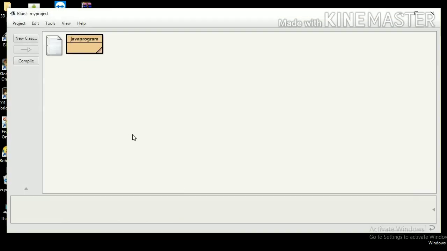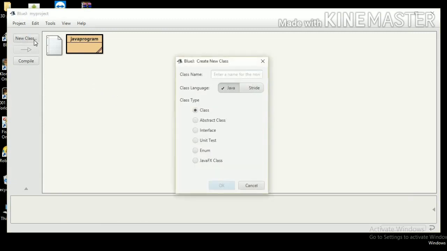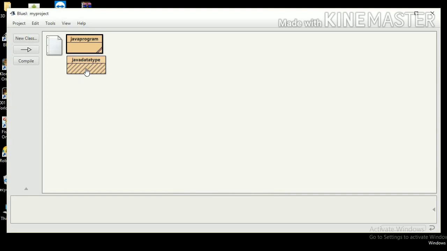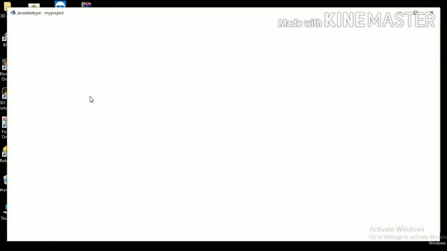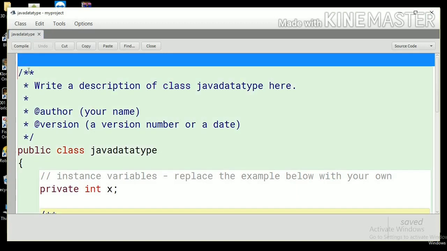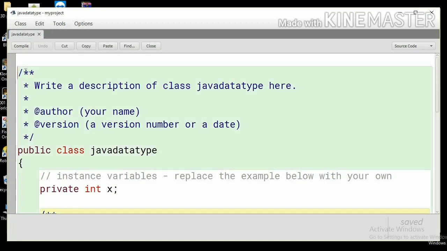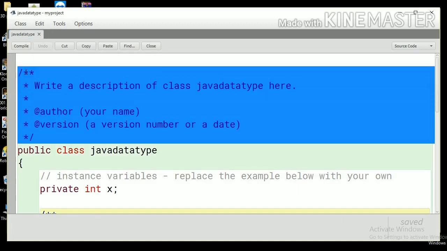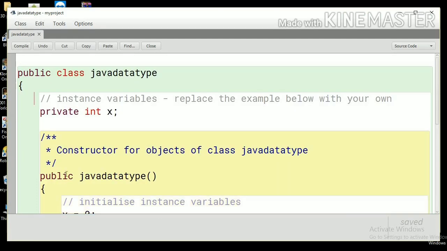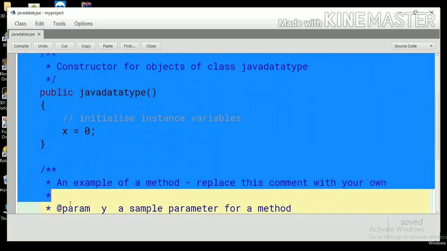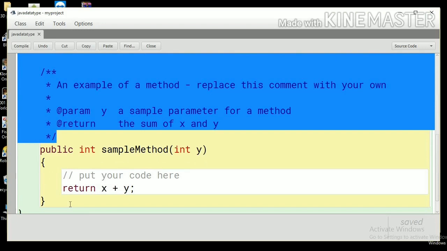So now let's go into BlueJ for Java programming. Let me create a new class in BlueJ named JavaDataType. Inside this class, first of all, I'll remove all these comments and clear everything from this class.